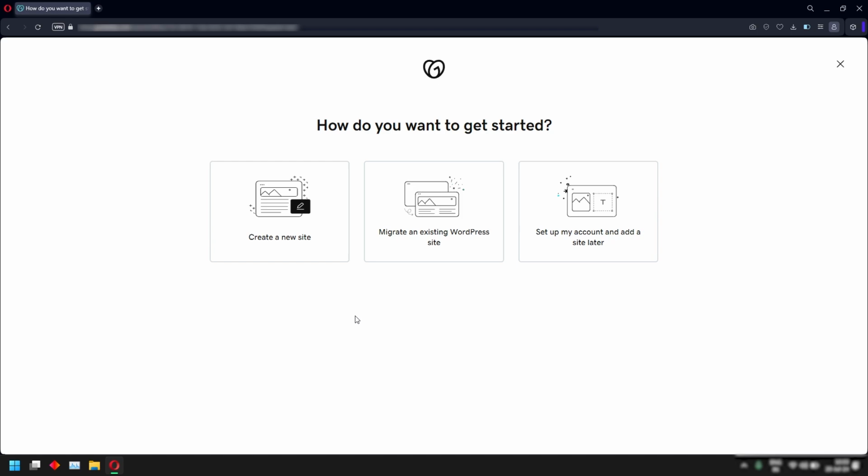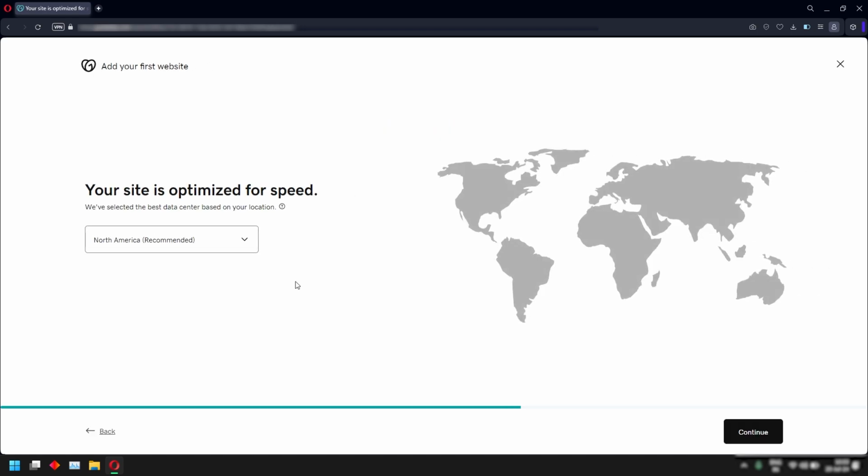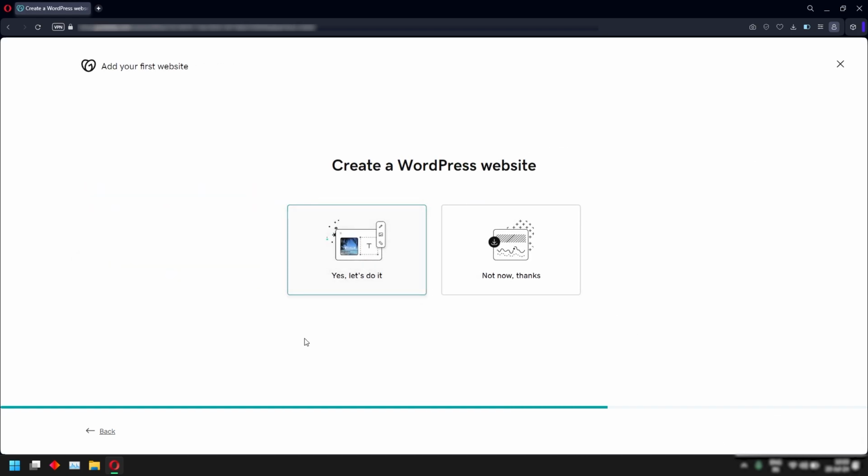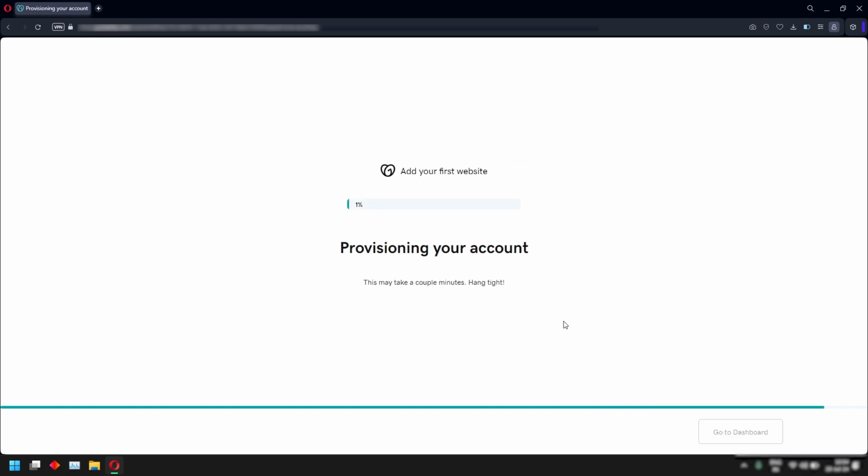Since we are creating a WordPress website from scratch, we will select create a new site. From the locations drop down, choose the closest one to you. I'll select Asia, hit continue. Now here, you can let GoDaddy take care of the WordPress installation with predefined configurations. But since we want to configure the WordPress installation based on our own requirements, we will do it in a separate step after the hosting is live. So I'll select this option. It hardly takes a minute, so let's wait.